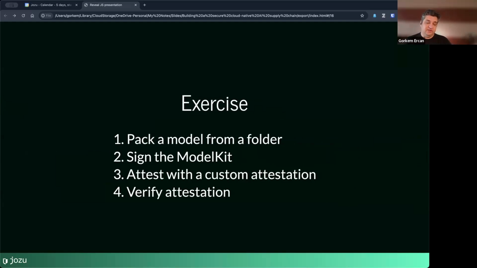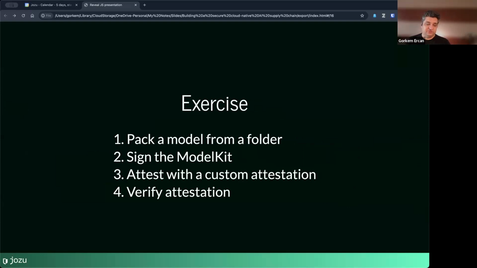And in this next one, we are going to pack a model from a folder and sign the ModelKit, and then attest it with a custom attestation, and then verify the attestation. That's our exercise for the next 40 minutes.